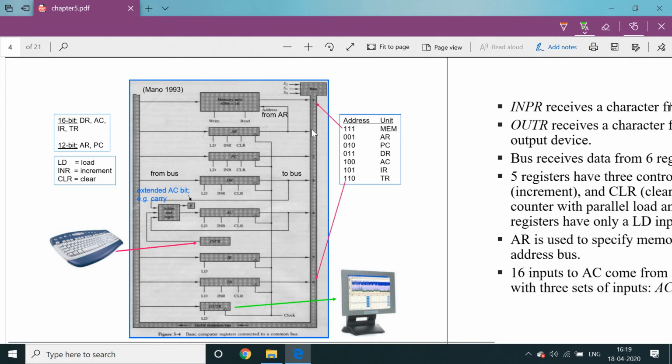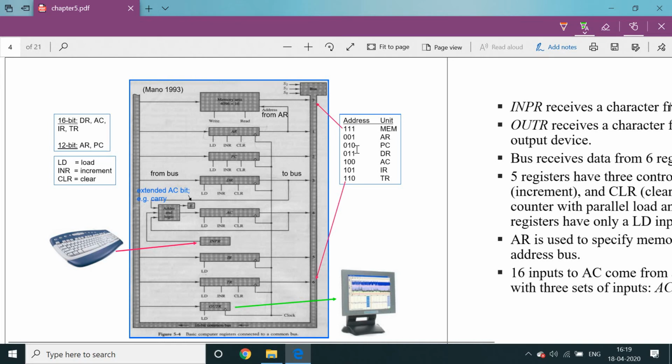That means for controlling purposes, the registers are numbered 1, 2, 3, 4, 5, 6 and also 7, right? The same representation we implemented in this block also. So 7 is equivalent to a binary value of 3 bits, because we are selecting S0, S1, S2, so the selected lines are 3, and we generate a 3-bit binary sequence. That means 7 has the binary equivalent sequence 111. So that unit is connected to the memory unit like this. Address 001 indicates binary equivalent 1, that register is AR, so the unit name is AR.